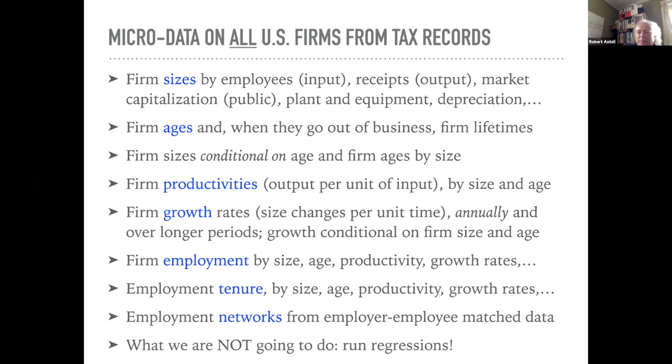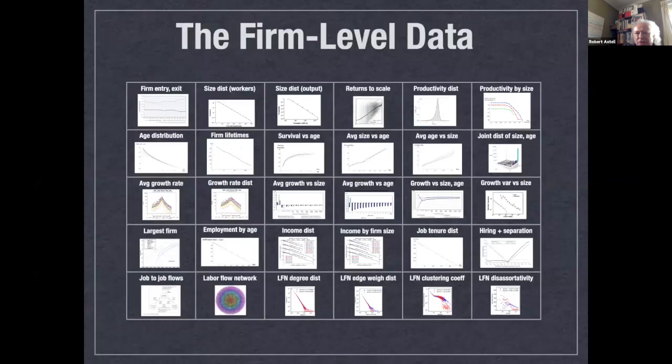So anyways, the basic idea here is that a normal social science approach might be to run regressions on all these data, and that's been done extensively. But we're going to basically build a model where we say, let's try to hit all these data as targets. Let's try to reproduce this basic structure. So here's just a snapshot of 30 different measures of the patterns that are in these kinds of data.